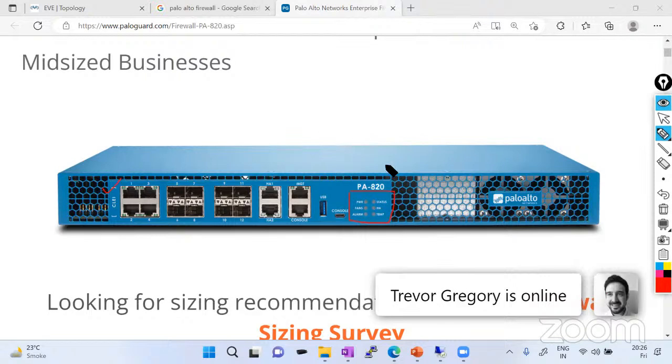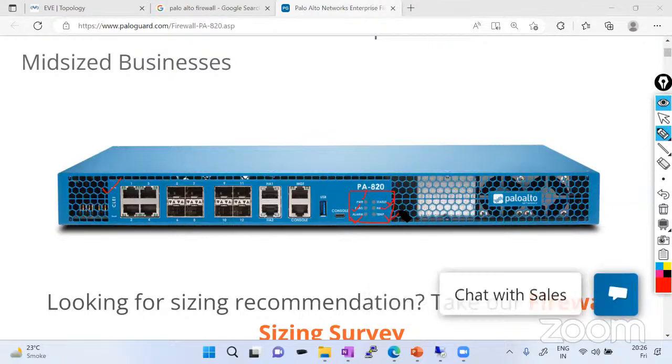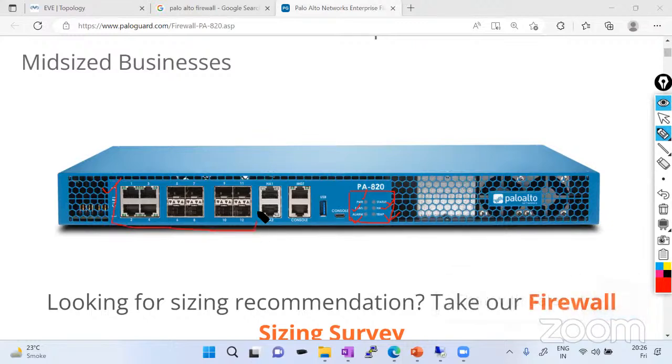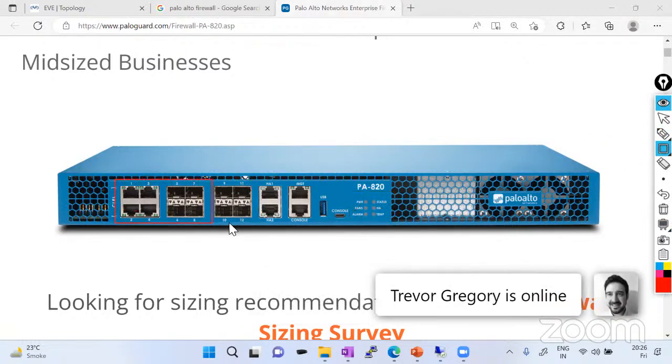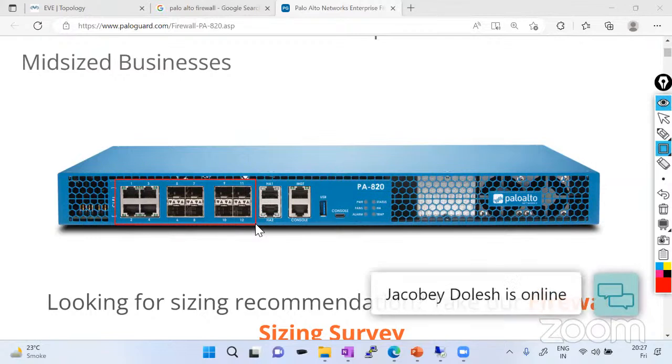So these are the LEDs where we can see the status: how the power is, how the fans are running, what the alarms status is, the HA condition, the temperature conditions, right? Now these total ports are known as the Ethernet ports, right? So in this Ethernet port, what is going to happen? In this Ethernet port, we can connect,